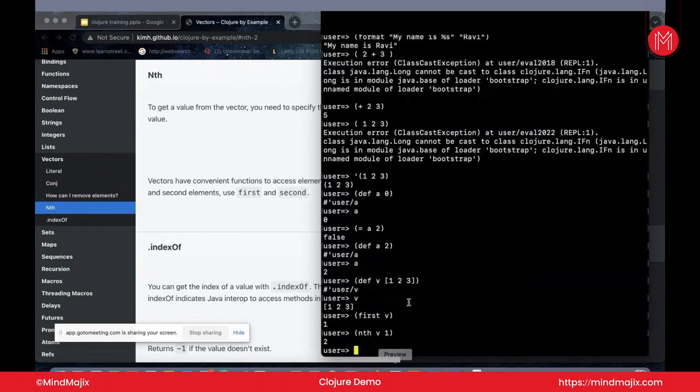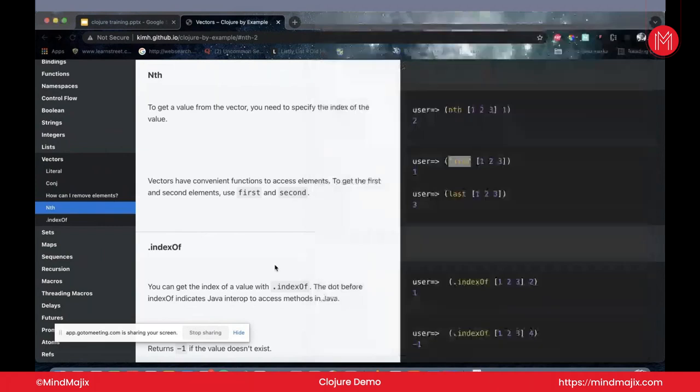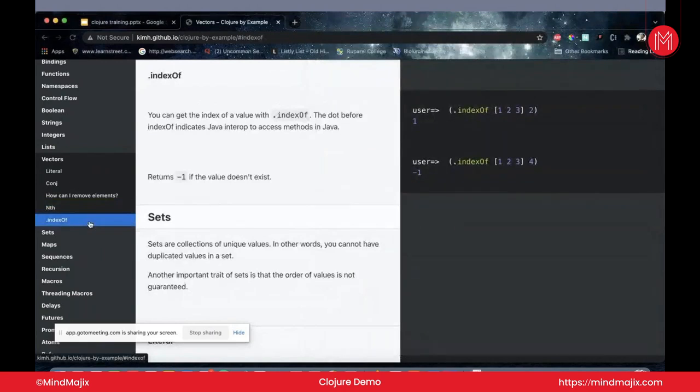Correct? Because it's 0, 1, 2. If I write 0, it will give me 1 because this is the 0th position. Now index of is another function that can be used. Just note that we are using the dot before it, and I'll tell you in a further lecture why we are doing that. So index of